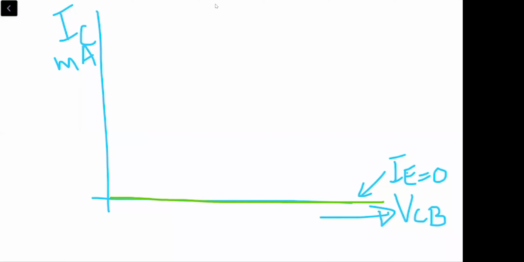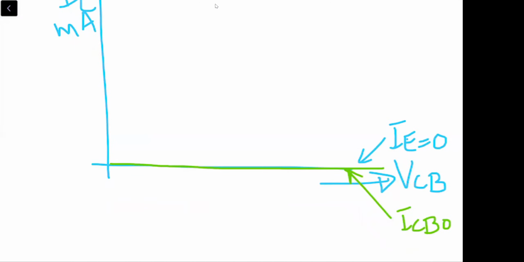And this current over here, due to IC, will be called ICBO, right? It will be called ICBO. It means it is that part of the collector current which is flowing through the collector base junction when the emitter is open, right? Now, if I go back to the circuit,